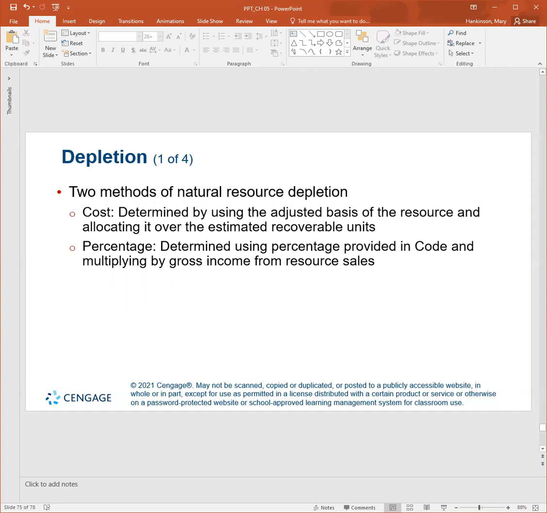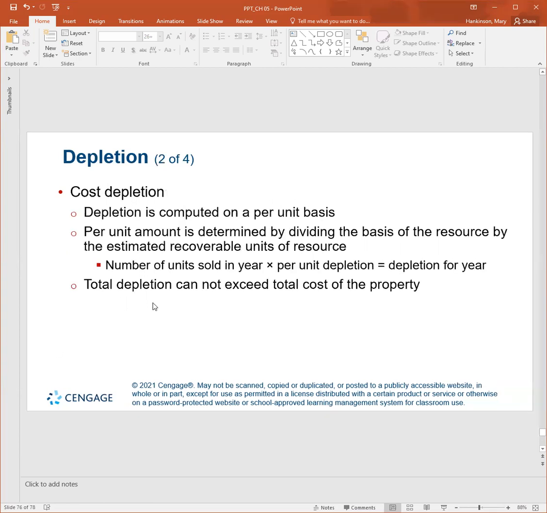So natural resources are physically limited, and the costs to acquire them are therefore recovered through depletion. Costs incurred in making the property ready for drilling, such as the cost of labor in clearing the property, erecting derricks, and drilling the holes, are intangible drilling and developmental costs. These costs generally have no salvage value and are a lost cost if the well is not productive, i.e. dry.